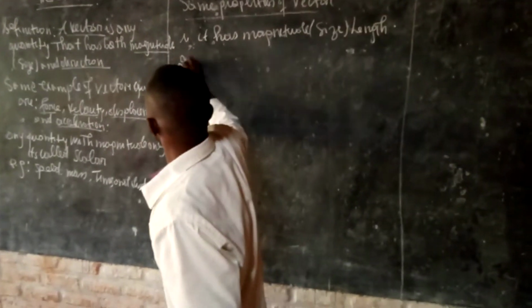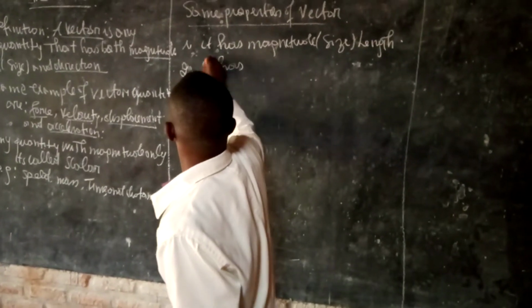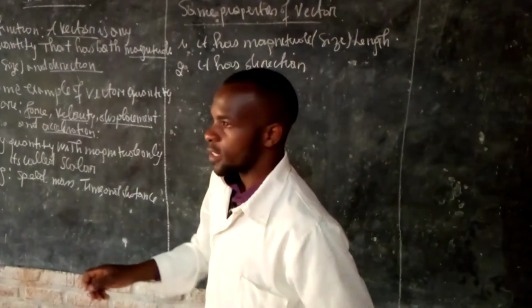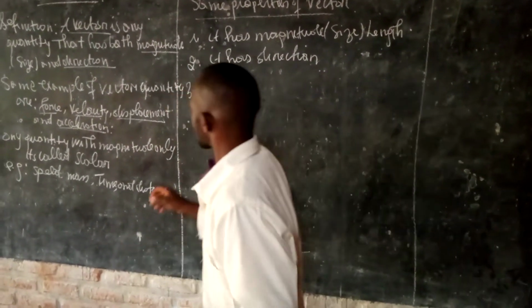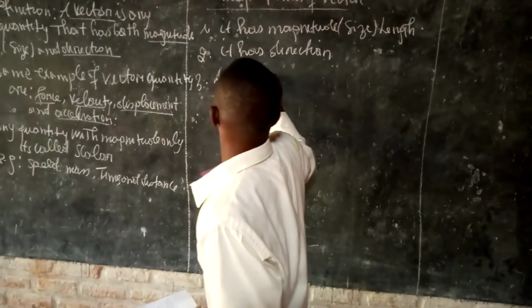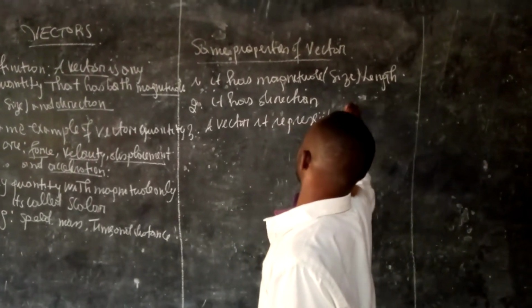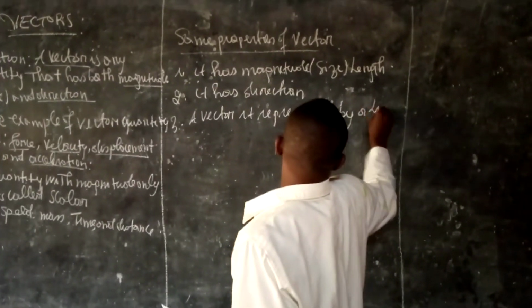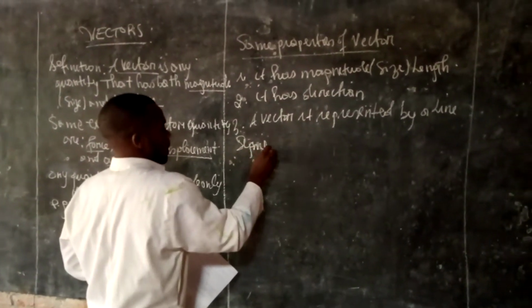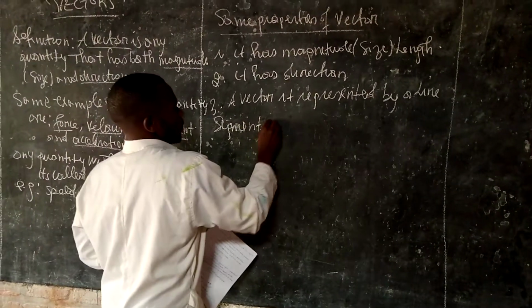The second one, a vector has direction. And the third one, a vector is represented by a line segment,